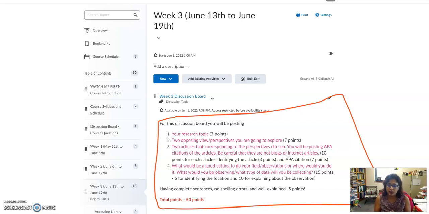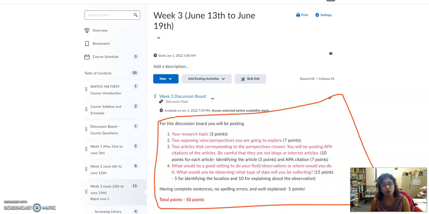So this is what it is. You have 4 major assignments: cultural autobiography, argument analysis, field notes, and synthesis paper. The synthesis paper is actually a culmination of all the other 3. So what happens is you choose a research topic. Let's say I chose healthcare and I want to talk about diversity in healthcare. I can go to a hospital and do an observation.